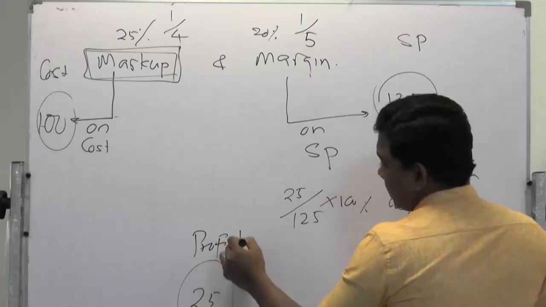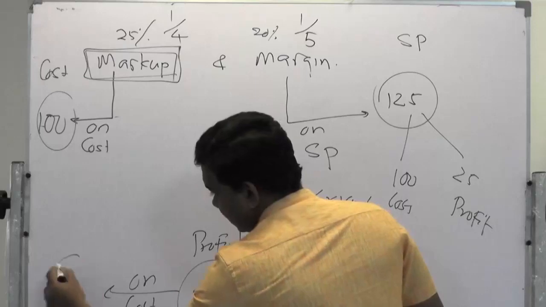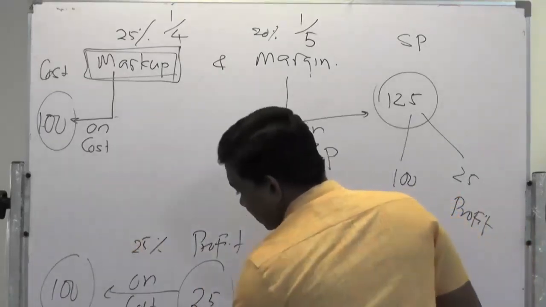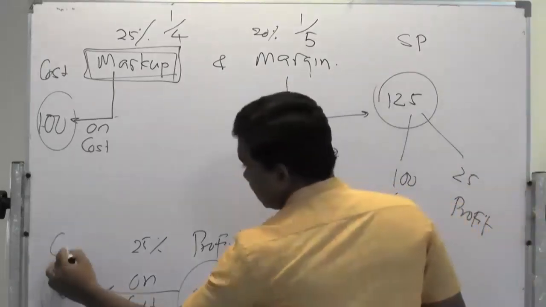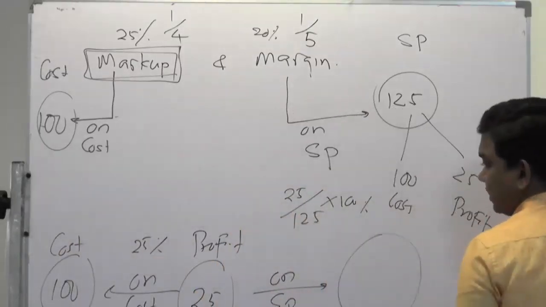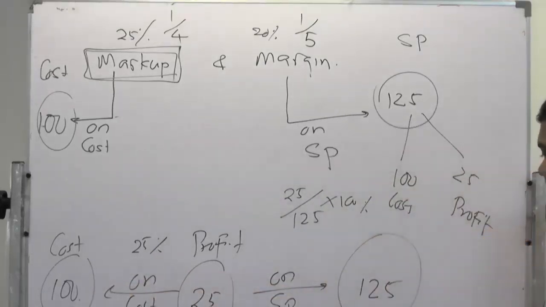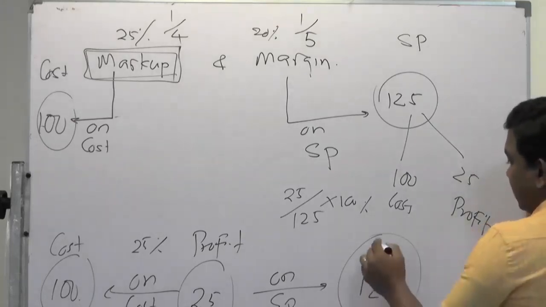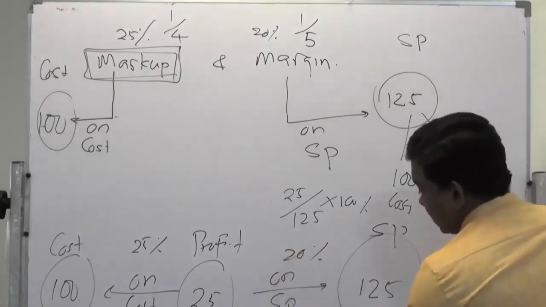On cost, which was 100, as a percentage it is 25% or 1/4. On selling price, your selling price is set at 125, since cost is 100 and profit is 25, then as a percentage it is 20%